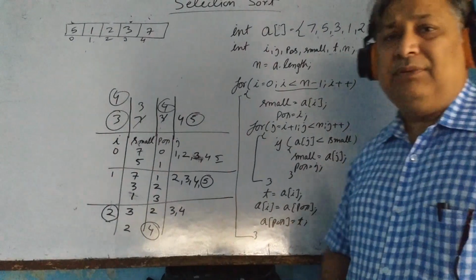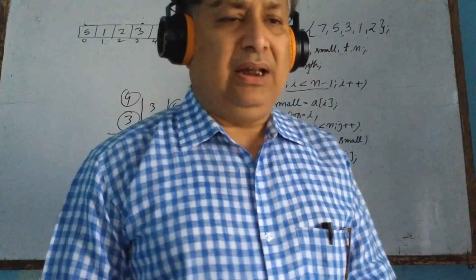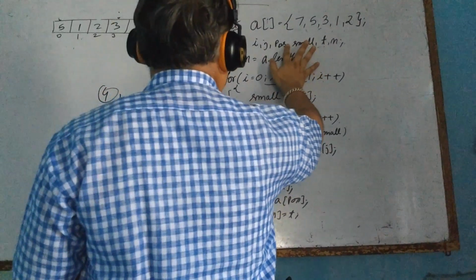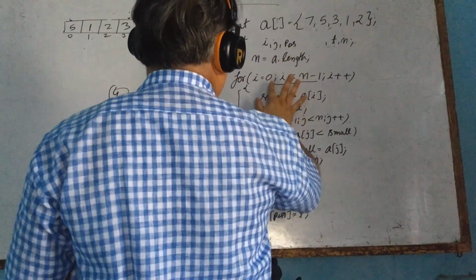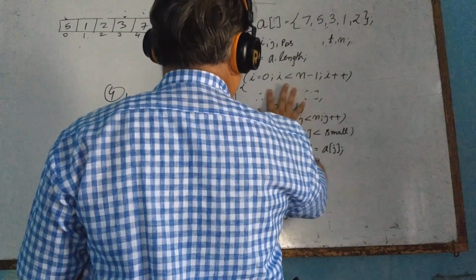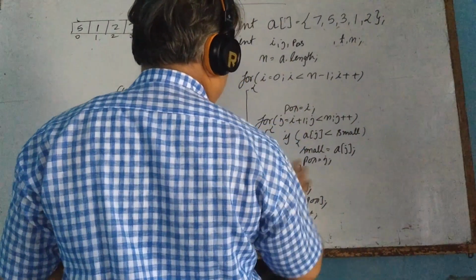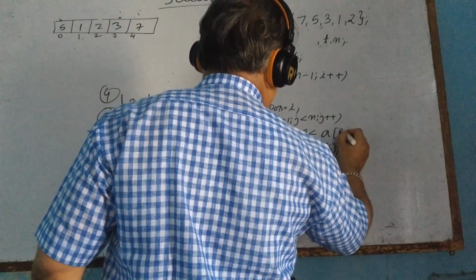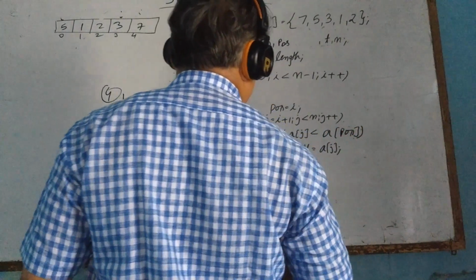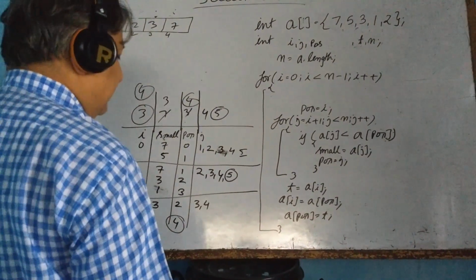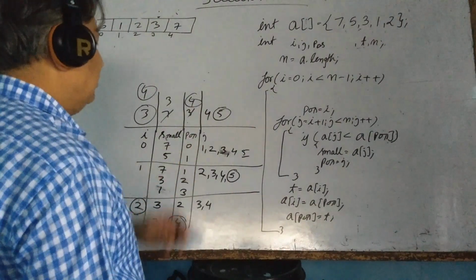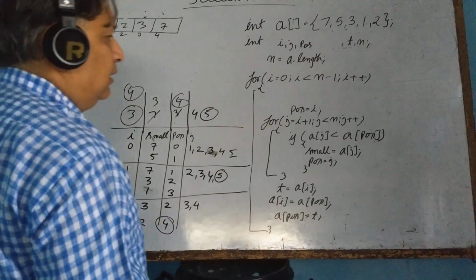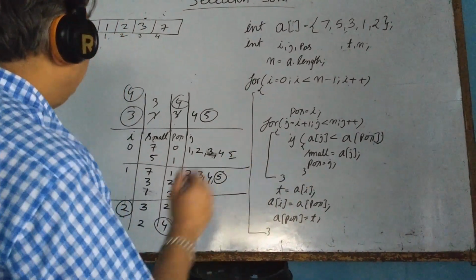Here we can make this logic better by removing small. We can remove the variable small, and this statement is not required. What condition do we have to change? Instead of this, we can write ARR of POS. So with this small change, one variable is removed. By doing this also we can get the output, and we can see the dry run of this as well. Just make a note of this.